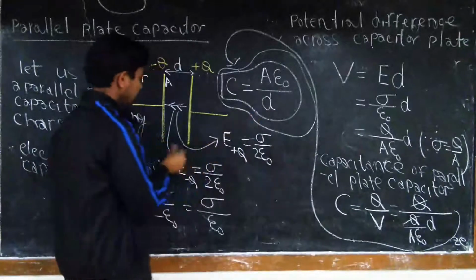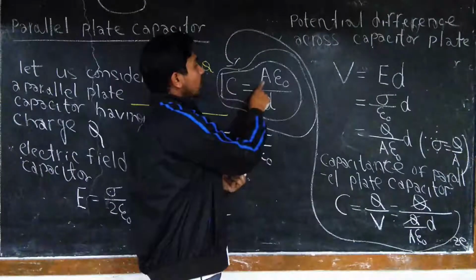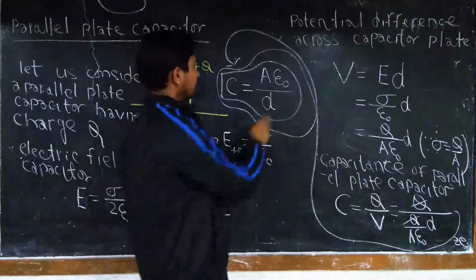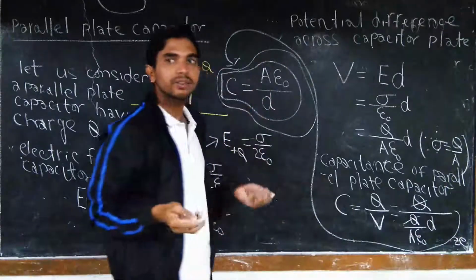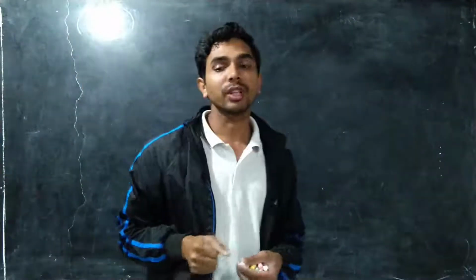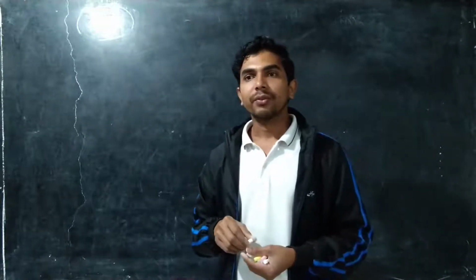And d is the separation between the plates. So you can see here capacitance only depends on shape and size of the capacitor, because these two are basically for shape and size. So now the new thing we are going to discuss is the parallel plate capacitor with